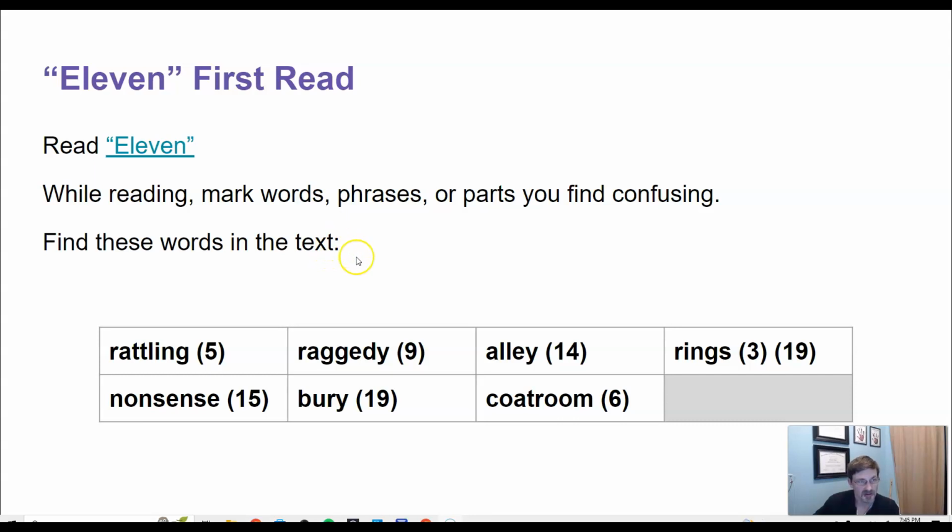Alright, moving right along. Everybody should have everything in front of them at this point. This is nothing new. We're going to take a look at some vocabulary. But I told you we were going to focus a little stronger on our vocabulary and the approach to it in the coming weeks as we get ready to finish out this year. So here you've got your vocabulary words, and it tells you the paragraphs where they're located. Nothing new. But if you remember last week, we started talking more about context clues.